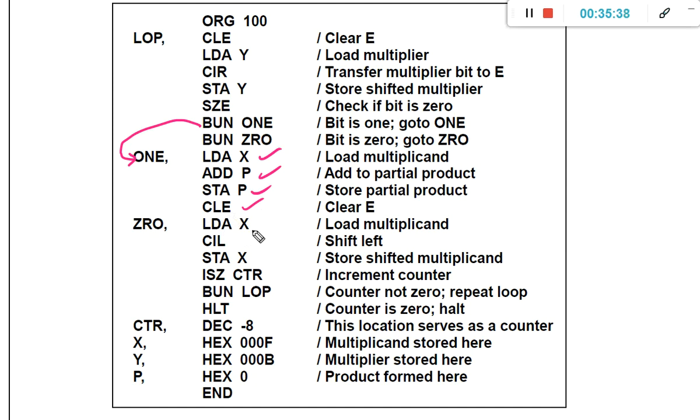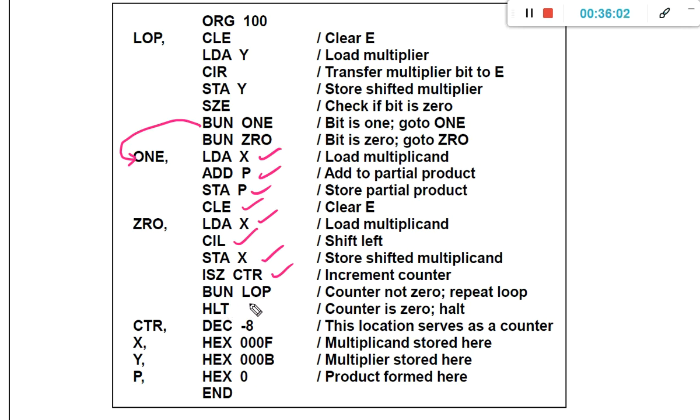There is no ISZ, there is no skipping operation. So even though you are going to branch to location 1, you are going to perform the 0 operations also. That is, we perform load X, circulate left, store X, ISZ counter.